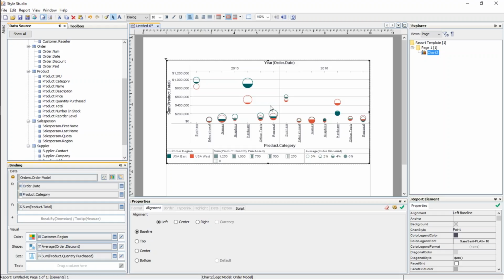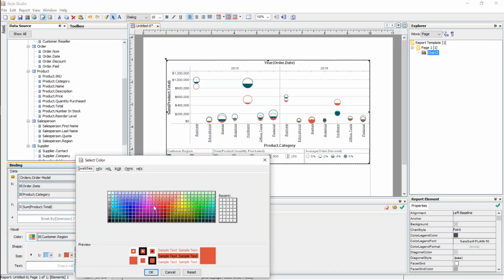So that's just a quick approach of how you can create this type of chart. If you wanted to control the colors, let's say for the region, if you're not happy with those two drab colors, you would find that region field here in the color region, and again press the edit button, and that allows you to select the colors that you want. If I wanted to select a baby blue for the first region, and an intense red for the second region, I can either press the other button here to get a big